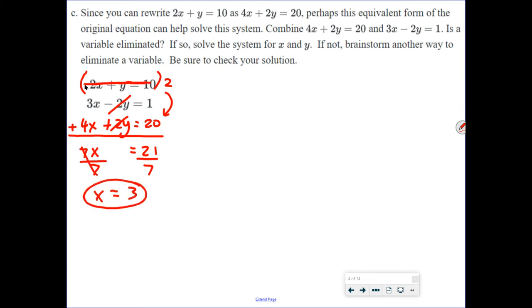Awesome. Then I plug this into, now here's the thing. Here's a very, very important thing. When you are checking your solution and you change the equation, do not ever plug this into the second. Why not? Because sometimes people make mistakes going from the first equation to the second. And if you made a mistake there, for example, if you forgot to multiply that by 2 and left this as 10,